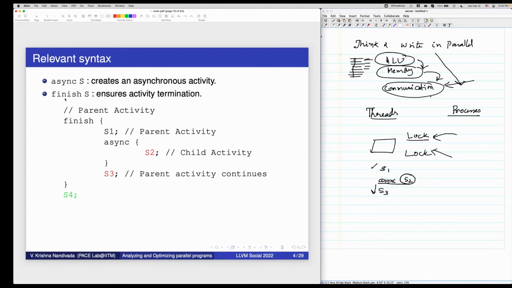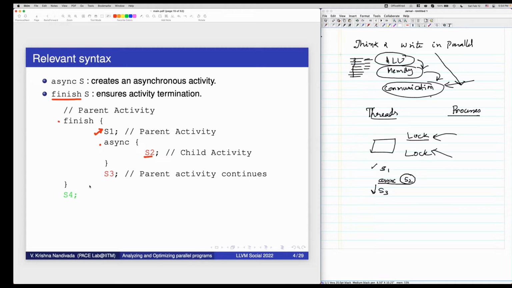The second syntax I'll talk about is finish. What does finish do? It works as a join. In this code, I have a parent task which executes a finish. In the finish, I'm executing S1. Let's say S1 is a serial piece of code. After S1 is over, I'm starting the async.